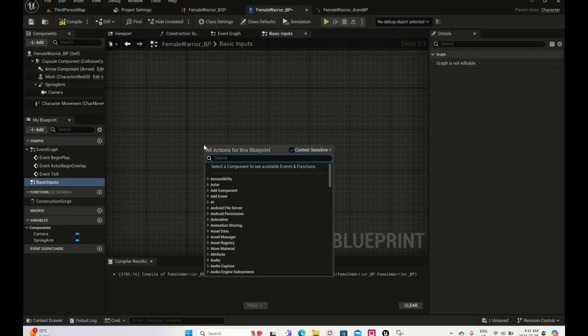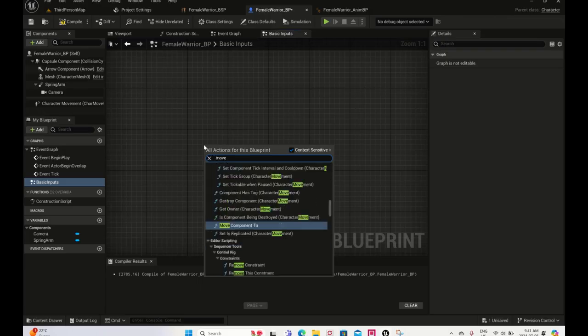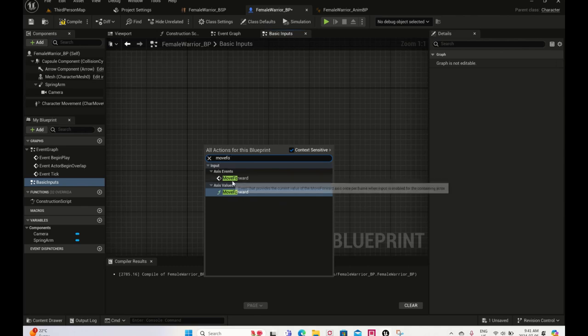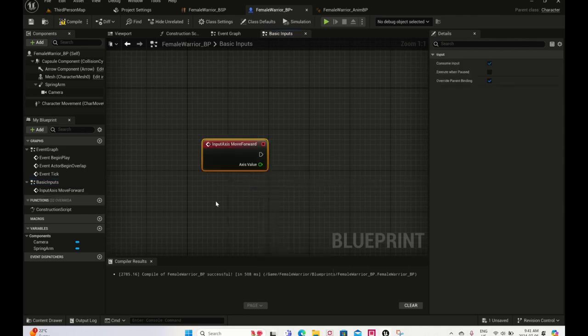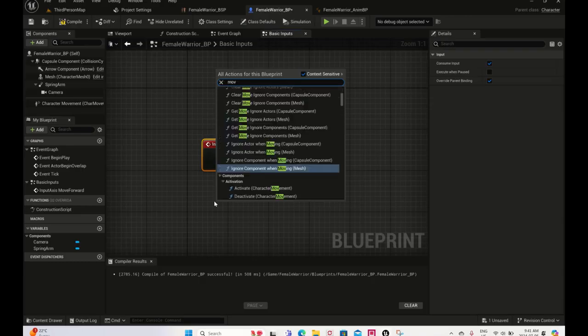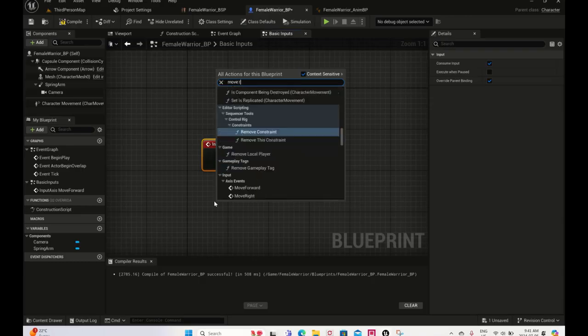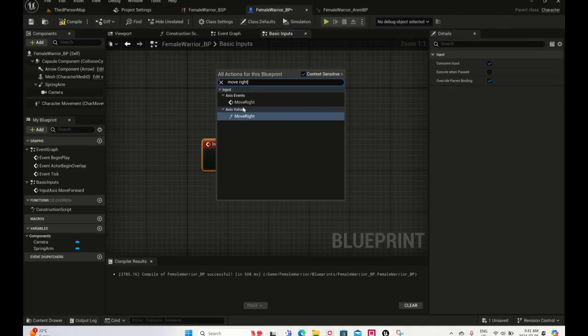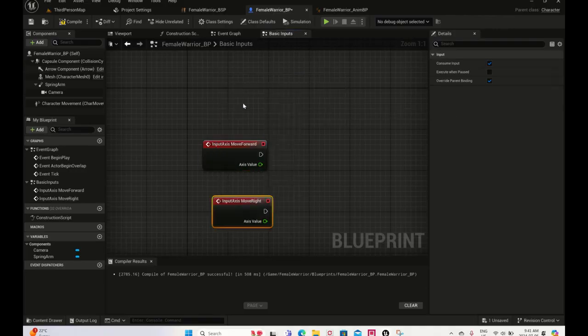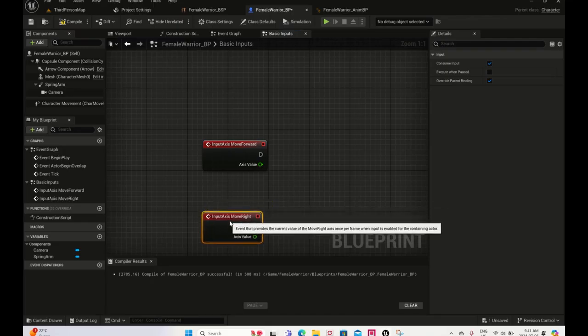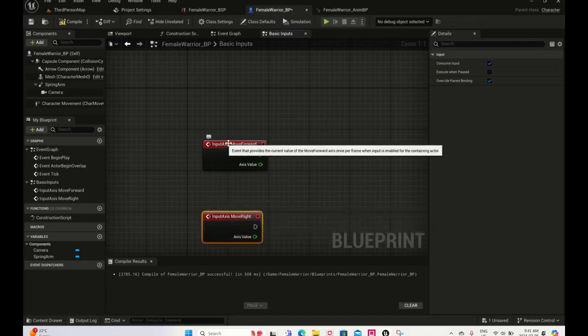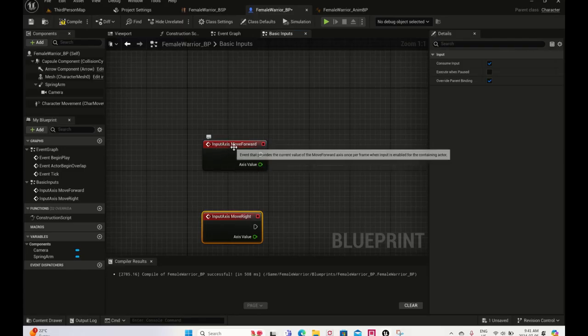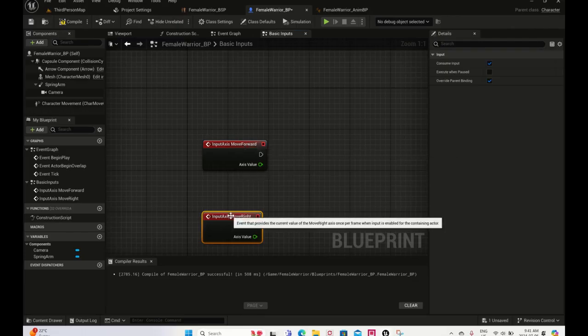So I need move forward, so axis event, move right. So this is the basic forward and sideways movements. So this is, again, anything on the left and that is red, these are like events. So in the event that someone presses a button, so a forward or backwards button, or a left or right button, the very right,